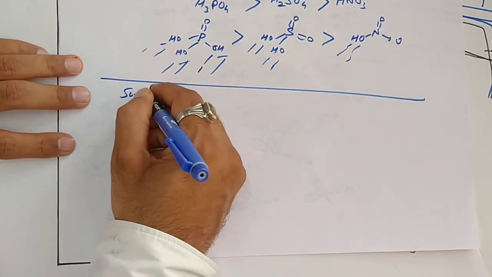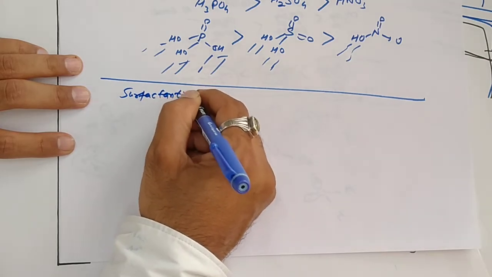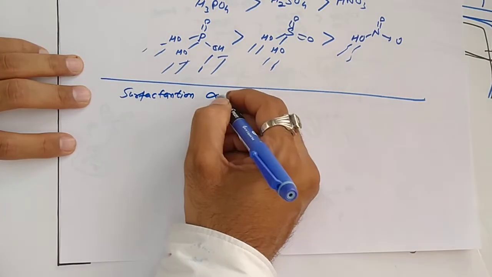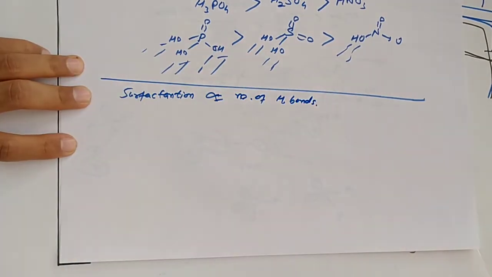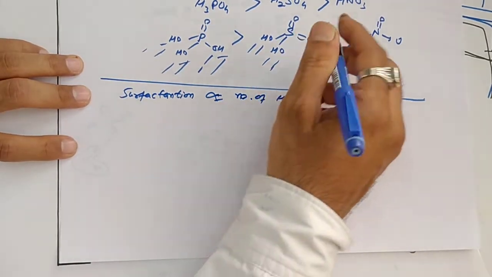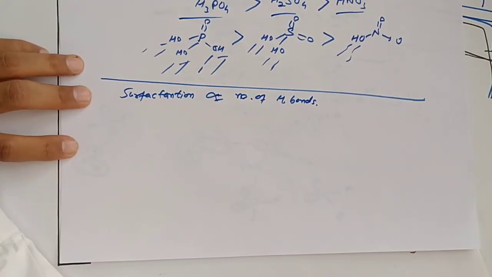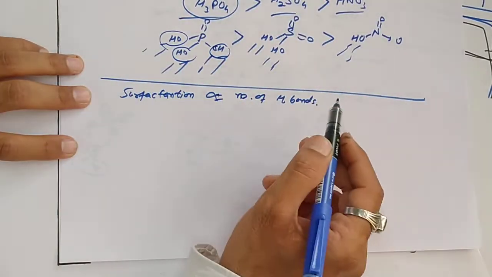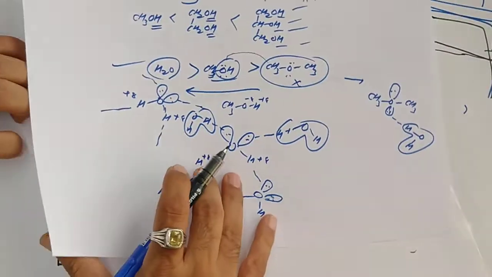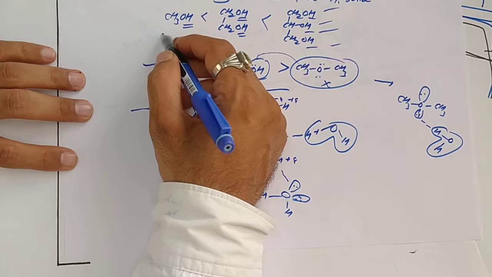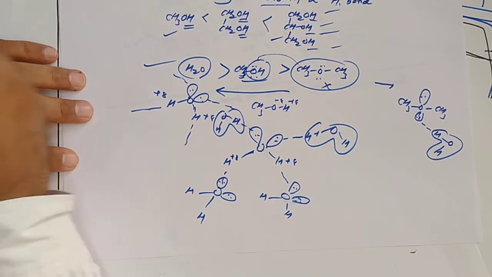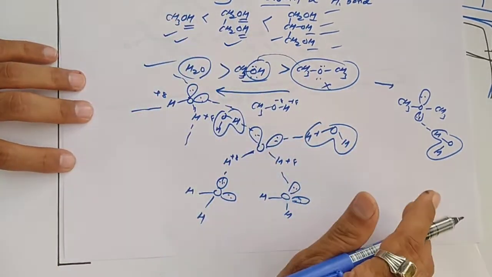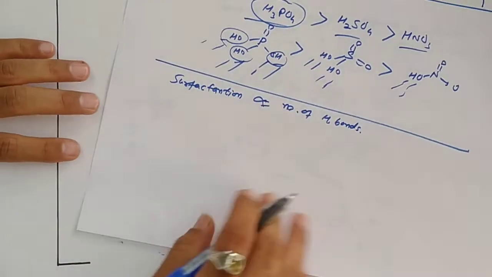Now surface tension is also directly proportional to the number of hydrogen bonds. So which one has high surface tension? Obviously H3PO4, there are 3 OH groups. In the compound, number of hydrogen bonding is more. So like viscosity, surface tension is more in glycerin, less in ethylene glycol and less in methanol. Understood?